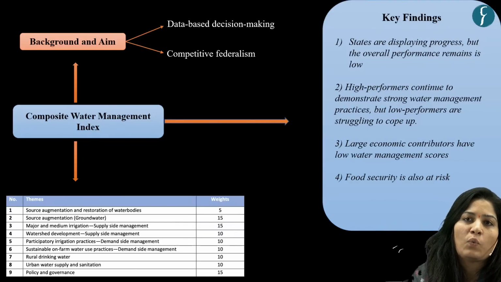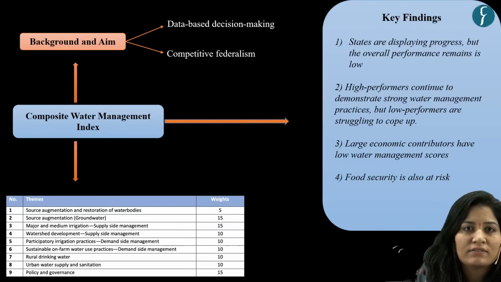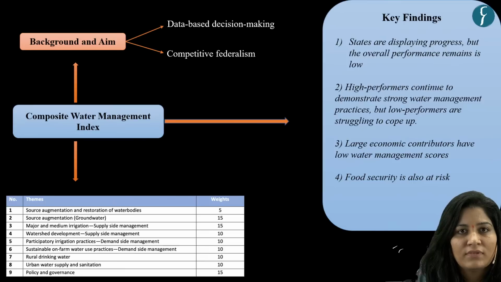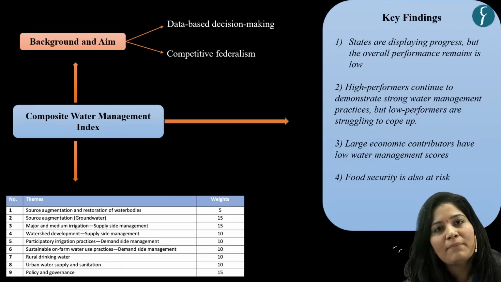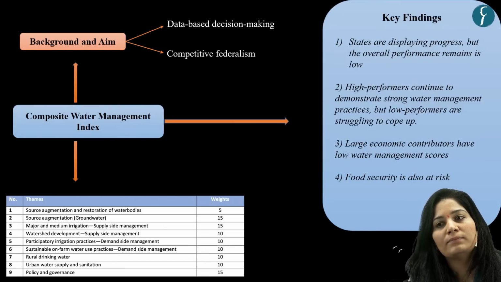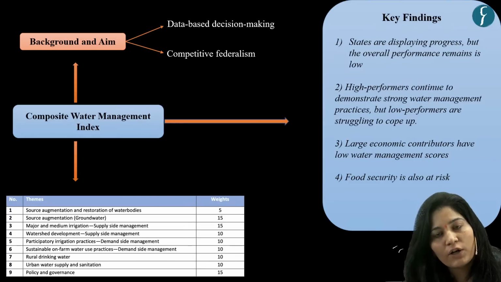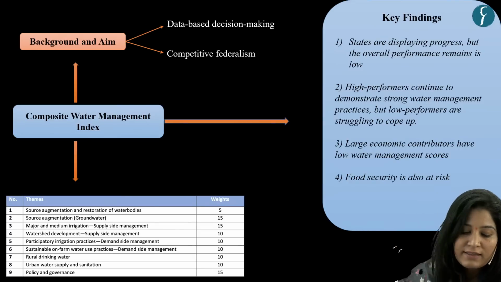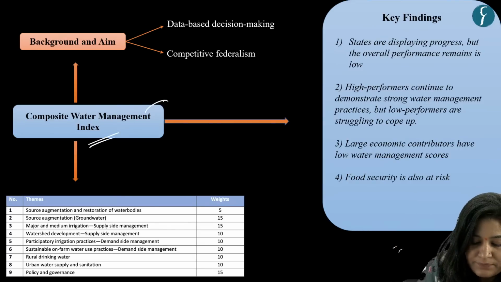See, why we need scientific management: for better mapping of water resources, which is good for the economy as well as for ecology. So, in this Composite Water Management Index, they came with the fact that there is a fall of